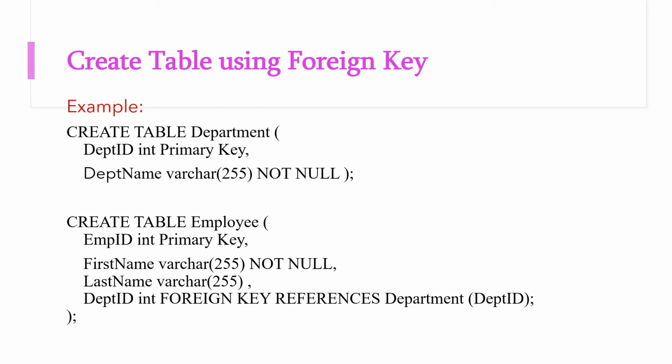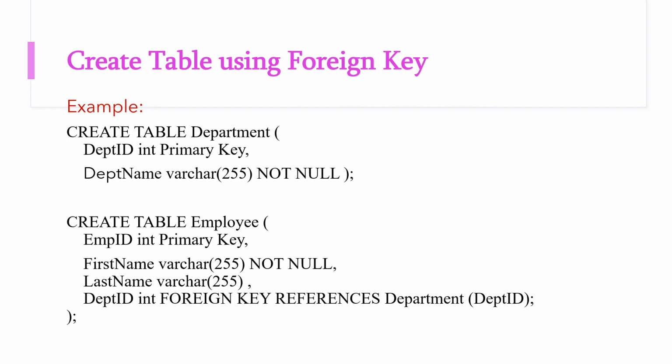So while creating a table, how are you going to mention the foreign key? Here I am going to create a table called department. In this, the department ID is the primary key, and department name I have mentioned as a not null constraint. While creating the employee table, the employee ID is the primary key, first name is not null, then department ID, int data type, is a foreign key.